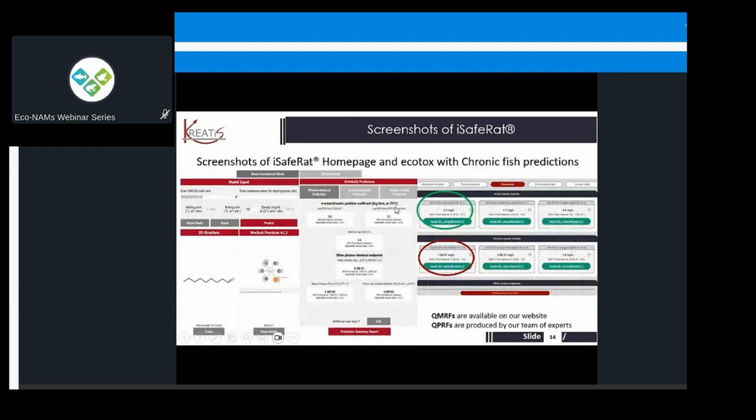This is a screenshot of our model. So as I said, we start with the SMILES code, which is put in here. Again, this is an aldehyde. It'll give you the 2D structure in real time as you're creating the SMILES code, so you can check on the quality of the SMILES code, that it's putting in the right thing. Then it gives you the MECOA output for this.